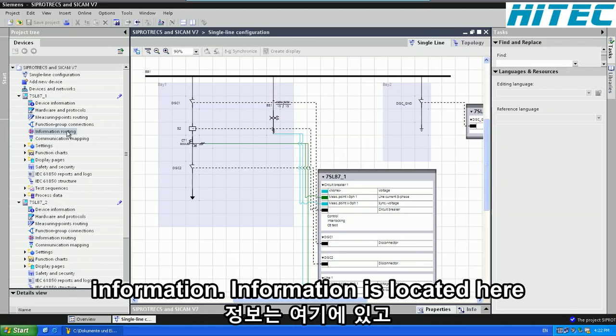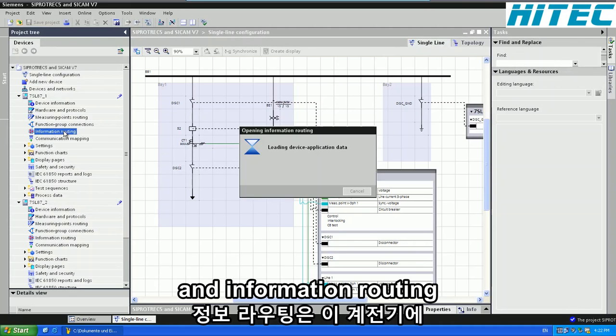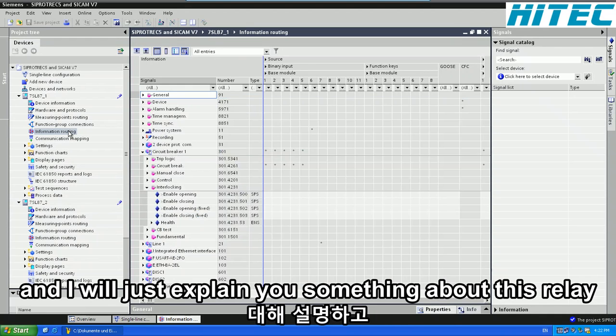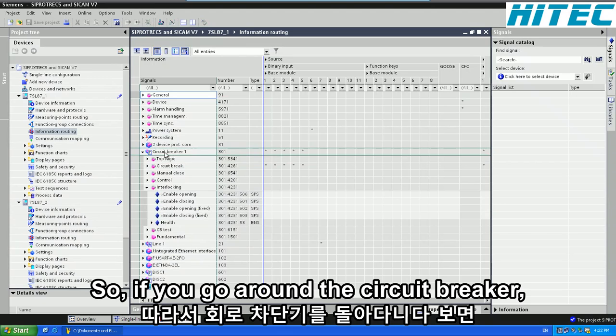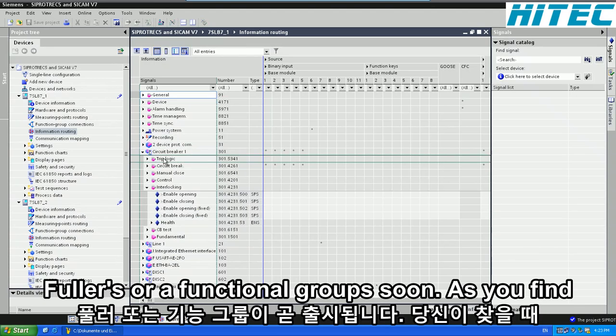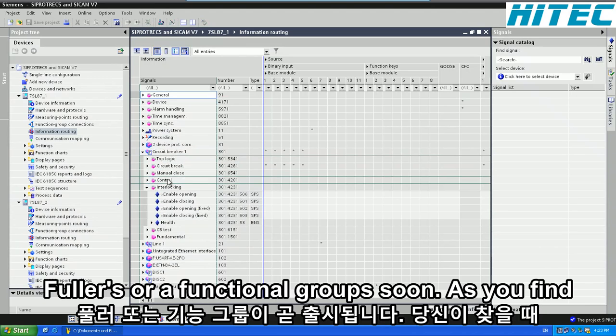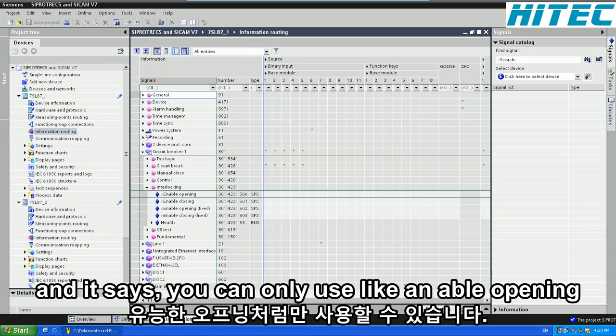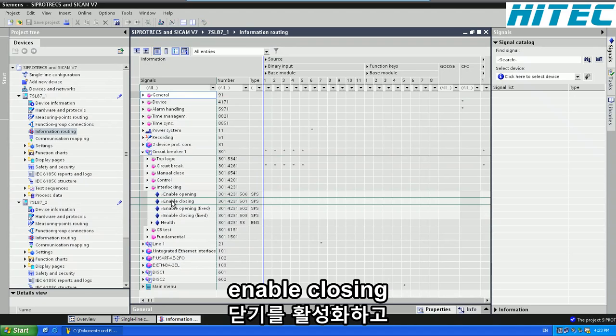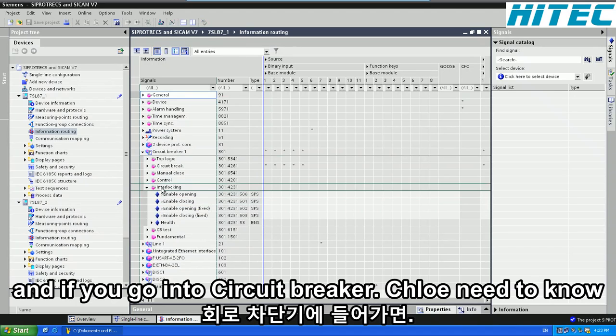Information is located here in information routing. And I will just explain something about this relay, and basically something basic about this relay. So if you go on the circuit breaker, you find different folders or function groups. So you find one called interlocking, and it shows you it's like enable opening, enable closing. And if you go into